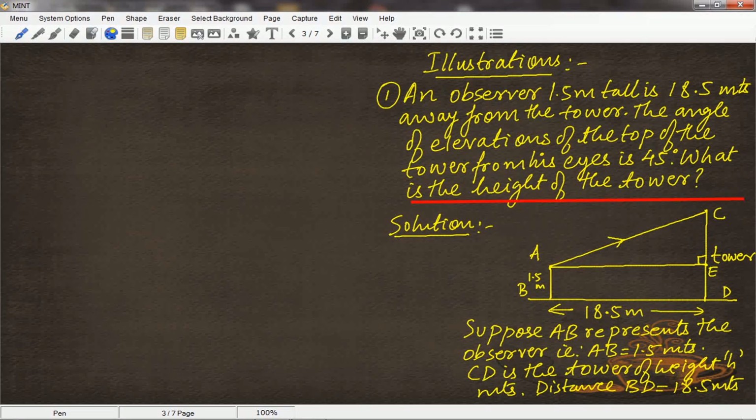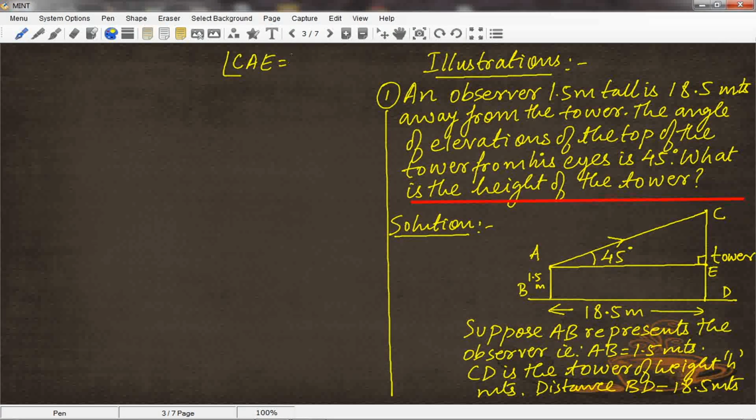And then about the angles we have to explain. What is the angle? That is angle CAE, which is being given as 45 degrees. Angle CAE is equal to 45 degrees. Now in this diagram you can see very well that a quadrilateral ABDE is formed. Whenever you get a problem like this in which the quadrilateral is formed, definitely this quadrilateral will be declared as a parallelogram. You know why?